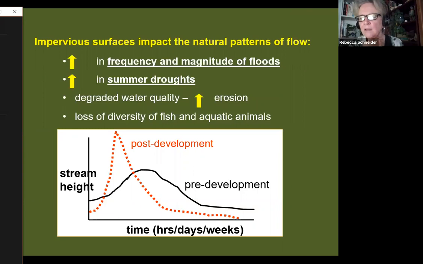So pre-development, the hydrograph looked like the black line where it would gradually rise during a rain event and then slowly come back down. And now with the water moving rapidly into the streams as runoff, we actually have a faster rise, much higher flood events, okay? And then actually the water drops to zero because we shifted the balance so much that there's no groundwater and the streams run dry. We just have these big flood events alternating with dry periods and dryouts. I feel like this is the bad news and the good news, because the good news is we did that. We can change the landscape and get more water to go underground and less water to race to the streams.